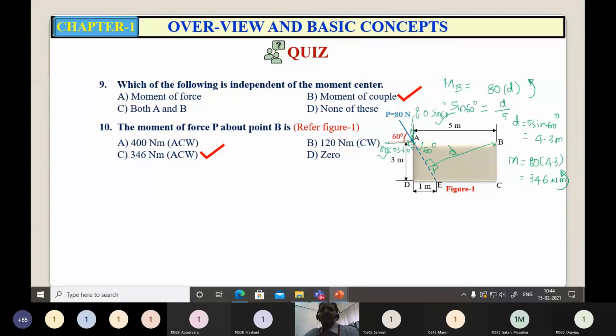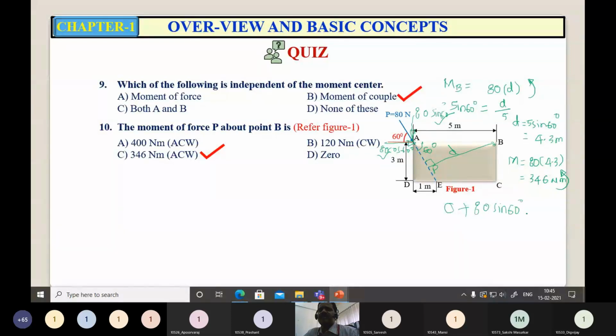So the moment of 80 cos 60 about point B is 0, right? Because the line of action of this force is passing through point B. So the moment of 80 cos 60 is 0, plus the moment of 80 sin 60 about B. It is forming an anti-clockwise sense, so it is plus 80 sin 60